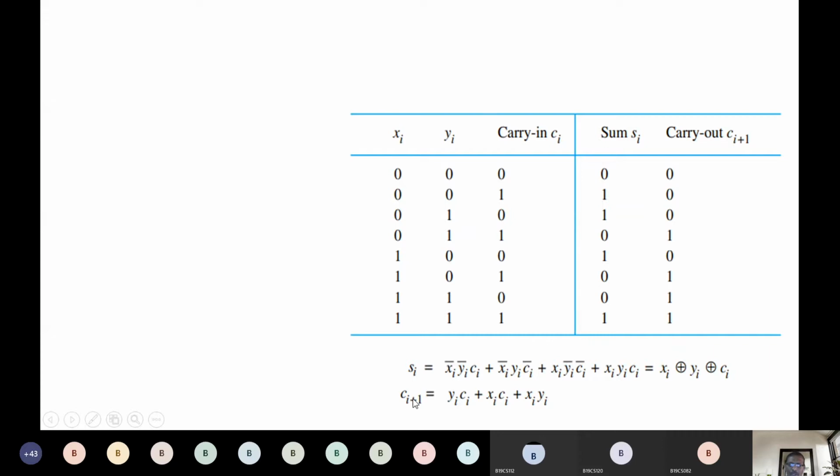And similarly, when we look at the expression for C out, it's the same. So look at the C out. Here we had considered only this one, Y and C. YC, the product of Y and C. Similarly, again, where we have here, it's X C. Okay. So entirely we got the expression for the carry out also.